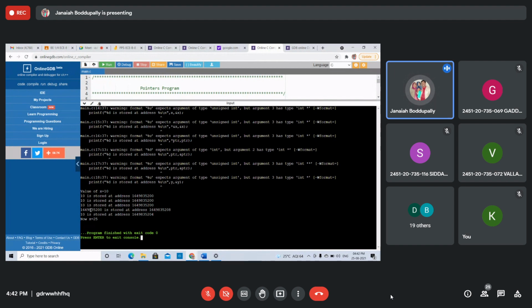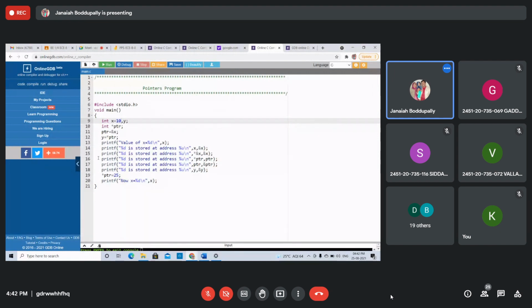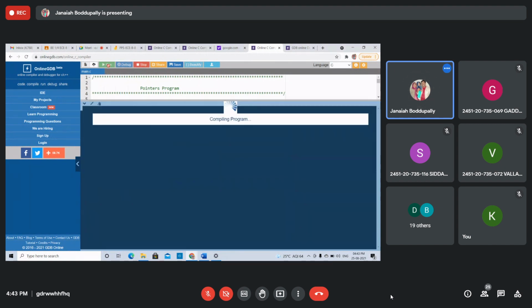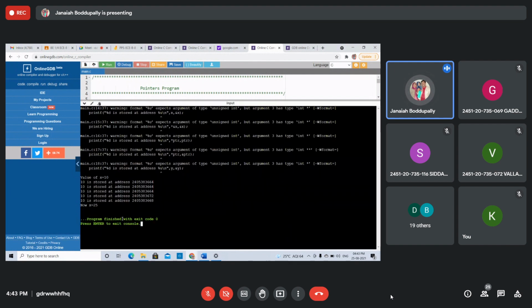This one, the y value. x is stored as 25. Now x equals 25. You are getting an address value, students. But ptr is again taken as a value. If you take *ptr, you will get the value only, 10. Yes, all are stored as 10, some address values. The first three are the same, the remaining are different. Got it, students? Right.